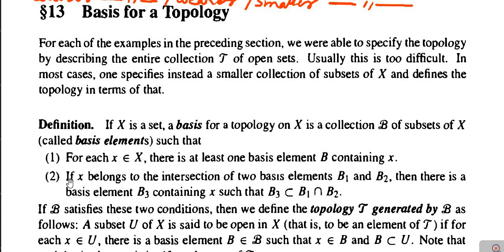This is the second condition, and a collection which satisfies these two conditions is called a basis for the topology on X, and the members of that basis are called the basis elements. This is the definition of the basis for a topology on X.